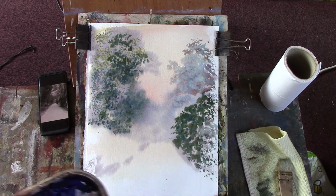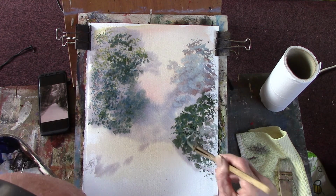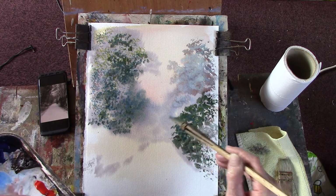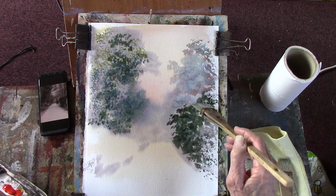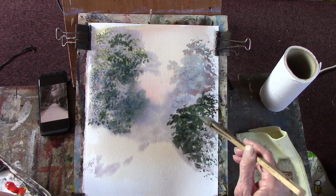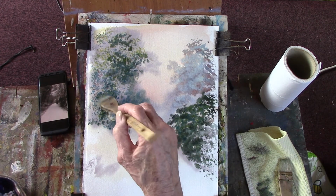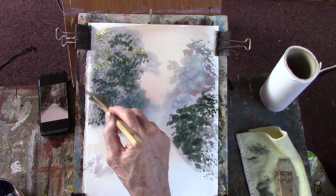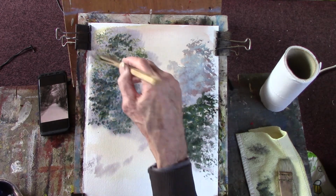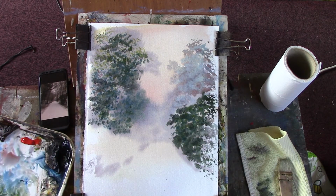I guess I want some more dark in there. So let's go with just a Payne's grey of that. Okay, that's going to be obliterated. Right, now we're going to do some